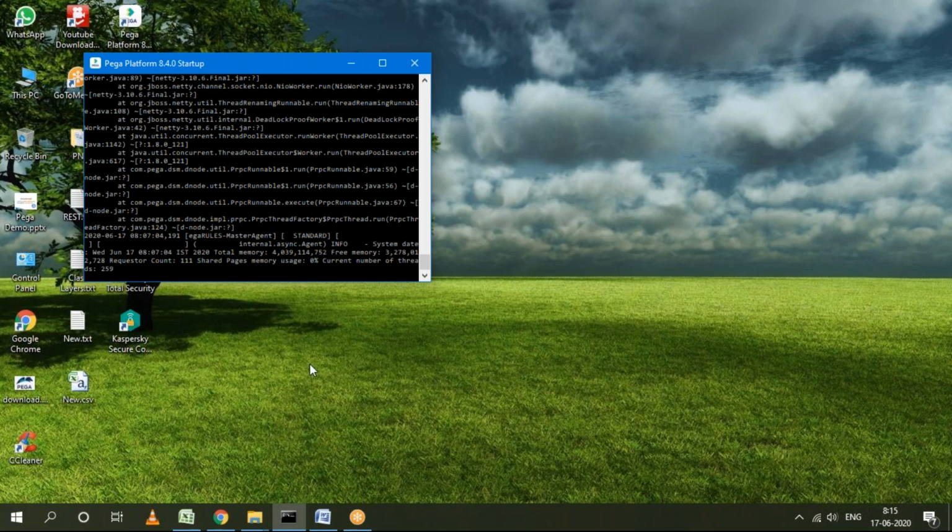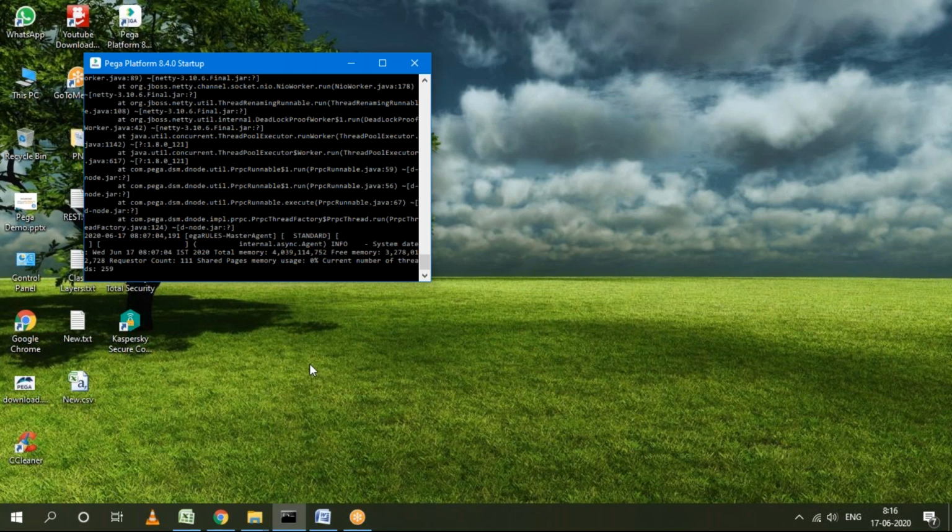The command prompt also closes automatically after clicking Yes, which indicates that it shut down successfully. Sometimes we have to close it manually, but in some cases it will close automatically.